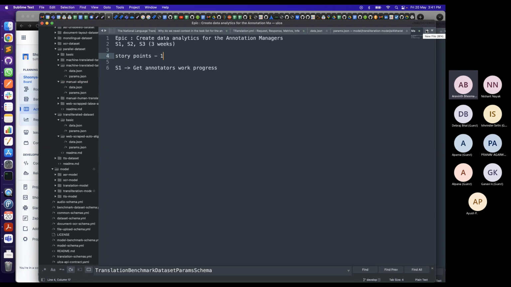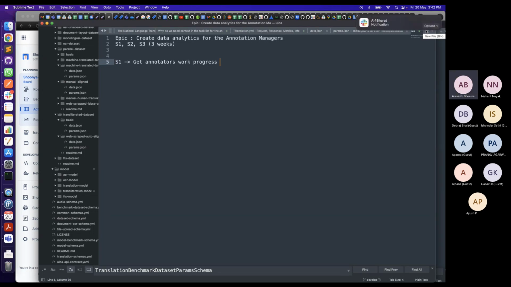If I give it a score of 1, it might be a very minor change, like a query update or whatever it is. But if it's a minor code change which involves multiple testing, you can assign a score of 3, something like that. We thought this might be a slight overhead, which might not be very much required. We wanted to at least follow the process, but don't want to keep it as an overhead. That's why we are not following this story point structure. But that's just for your general information.